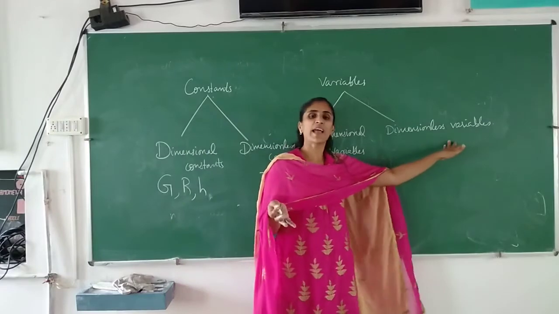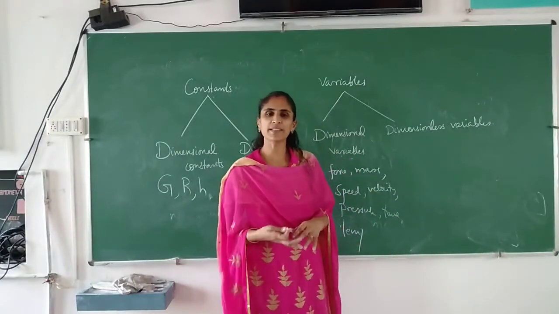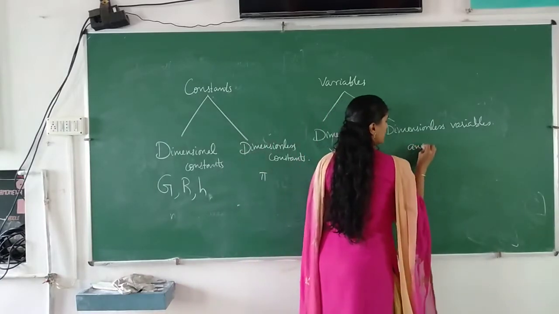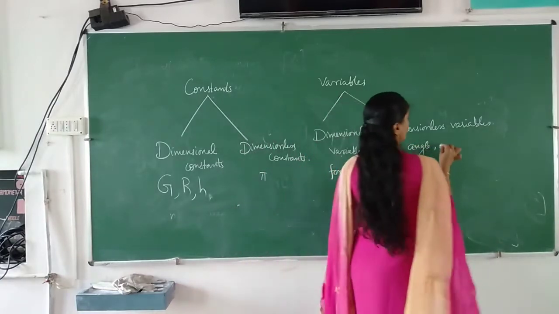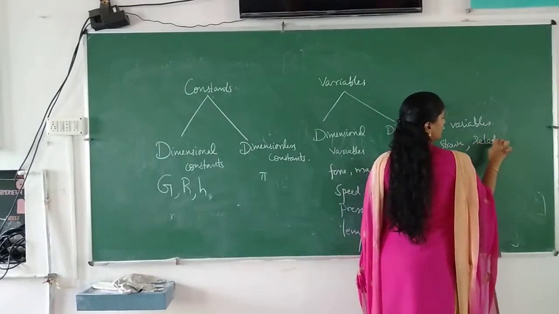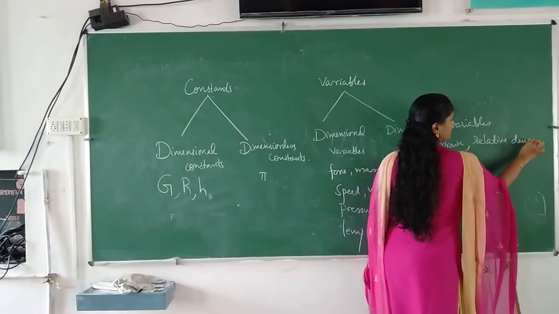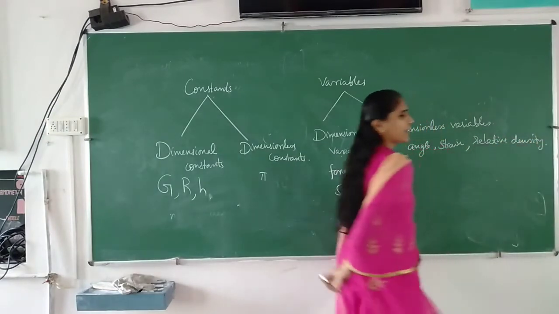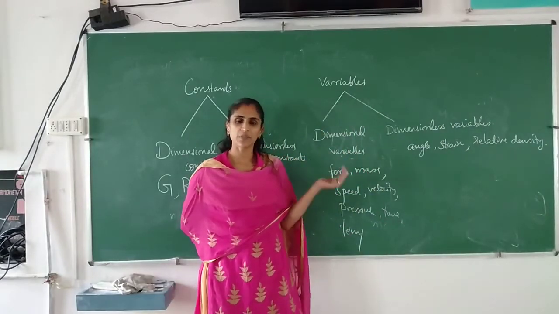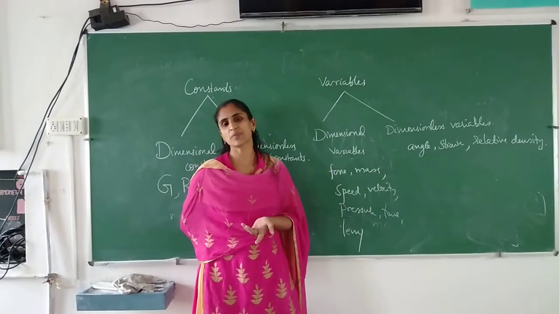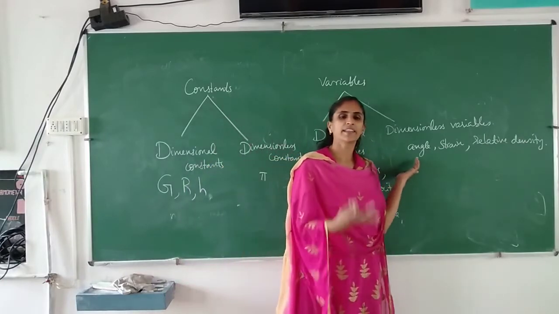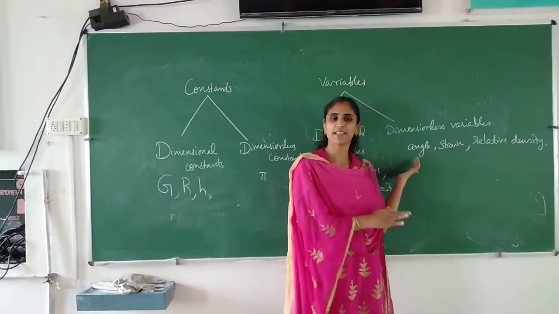Next one we will discuss is dimensionless variables. Its value will be changing but it will not have dimension. For example, angle, strain, relative density. For different materials, its value will be changing. Angle will be changing, strain will be changing, relative density will be changing. For 30 degrees, for different angles, value will be changing, but it has no